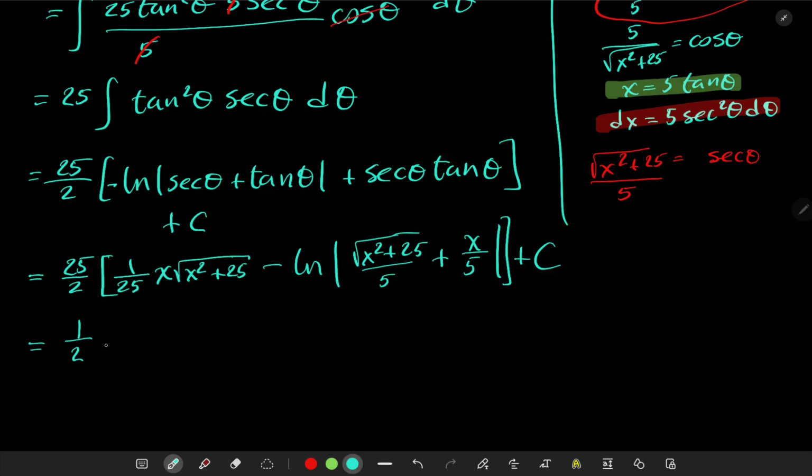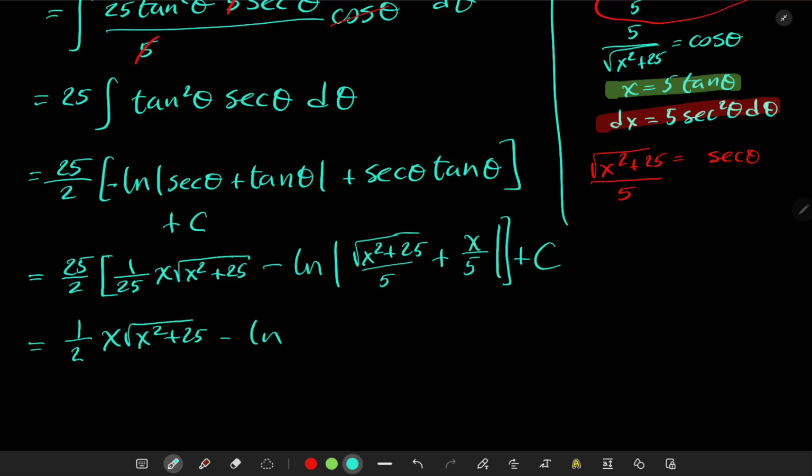We get 1/2 of x square root of x squared plus 25 minus the natural log of, and remember the common factor 1/5. I did this in the previous video, so if you haven't seen it, I took a common factor. So here I can take a common factor 1/5,